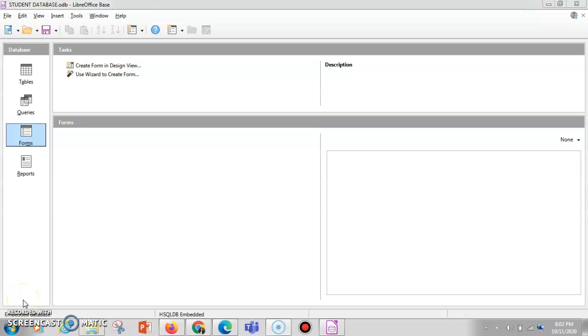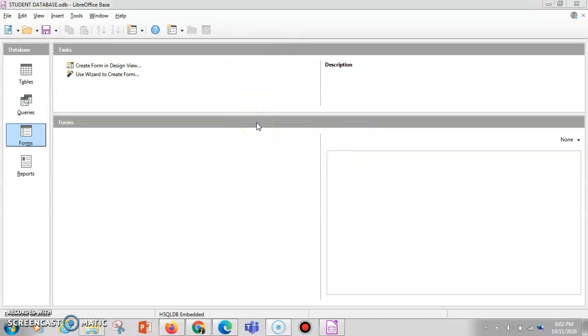Hello students, in this video we are going to study how to create a table in LibreOffice. So I have already installed LibreOffice Base, and we have the title bar, standard bar, and menu bars here. We have a working space here, and at the left hand side we have four sections: tables, queries, forms and reports, and the right hand side is the total work area where we have to work.